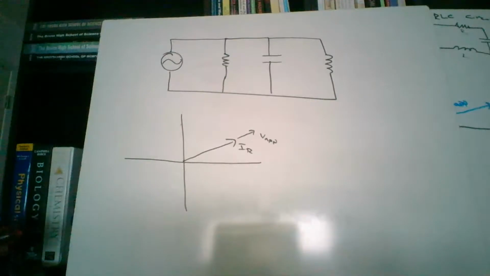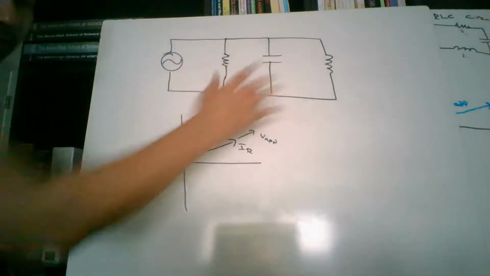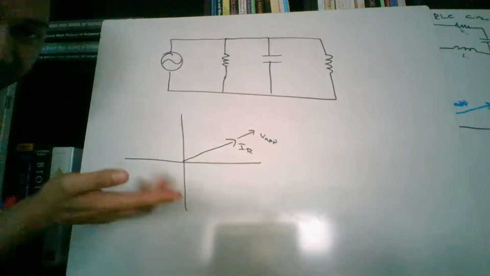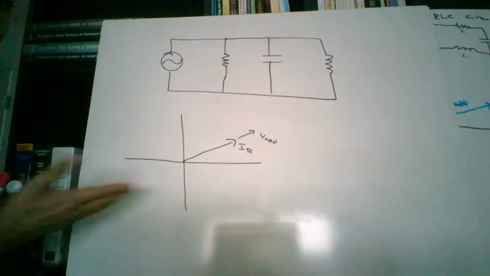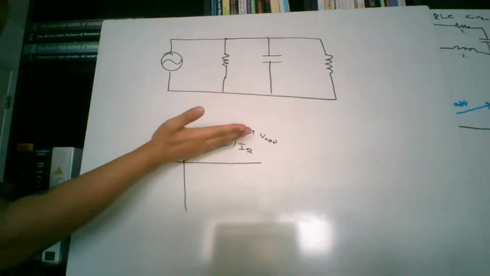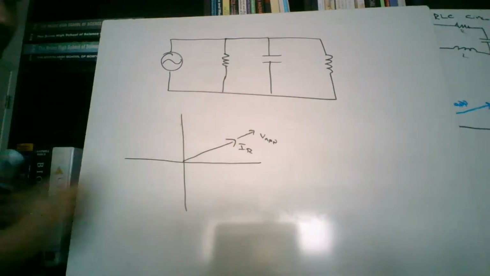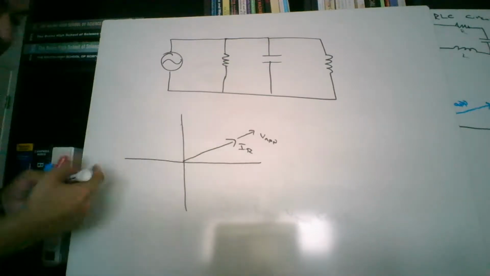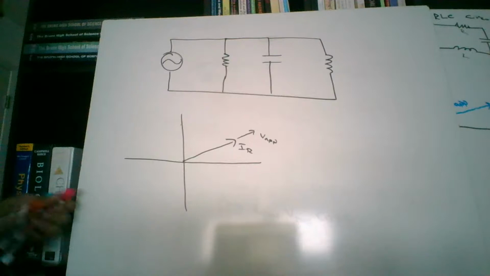What about the current of the capacitor? Now, when we're talking about parallel circuits, they're going to do the opposite of what the series circuit do, because the current leads the voltage. If this is the voltage right here, for a capacitor, the current leads the voltage. Or I guess you could say the voltage lags the current. So for a capacitor,